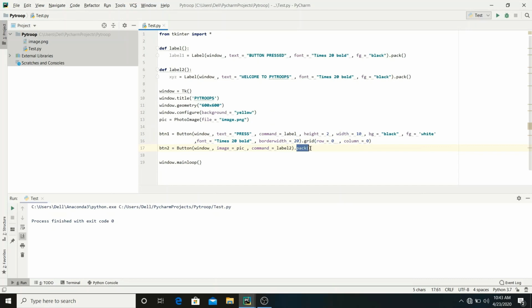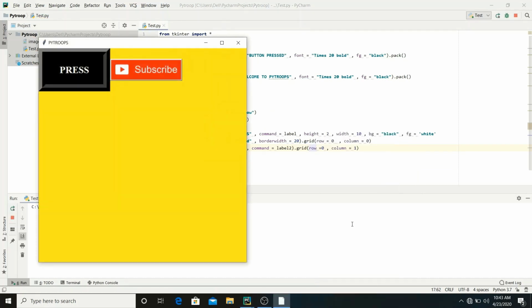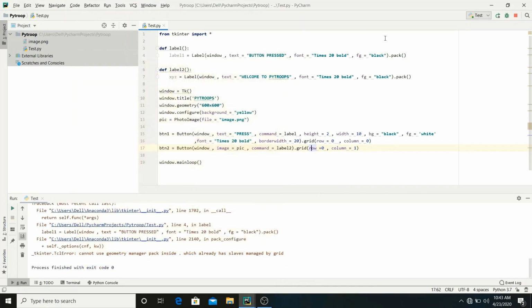Also use grid here, row is equals to 0 and column is equals to 1. Now if I run the program, here is our window. If I press the button, I got an error because we have to use grid or pack for the whole window. So for labels, we also have to use grid.